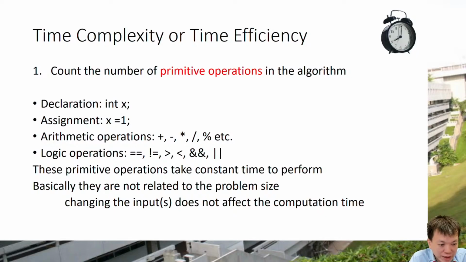In fact, 1 plus 1 compared to 1 million plus 1 million, to a computer, the time it takes is about the same. So changing the input does not affect the computational time